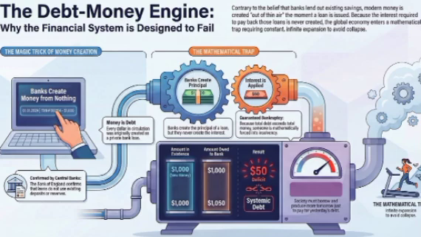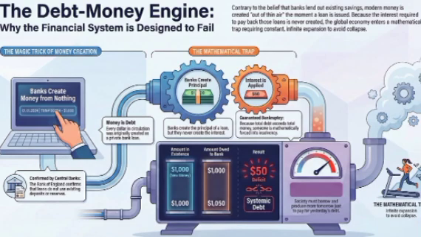Now, let's scale this up for you, from a single microloan to the macro level, to the entire global economy. This is where it gets scary. Every single dollar, every euro, every British pound in circulation today was created in this exact same way. As a private bank loan. As a private bank loan with uncreated interest attached to it. That means the entire global money supply consists of the principal of all the loans in the world. But the total debt owed is the principal plus the interest.